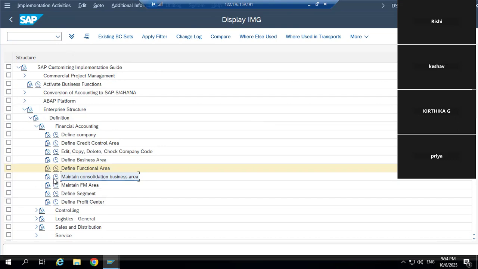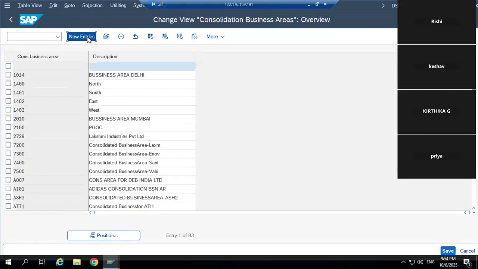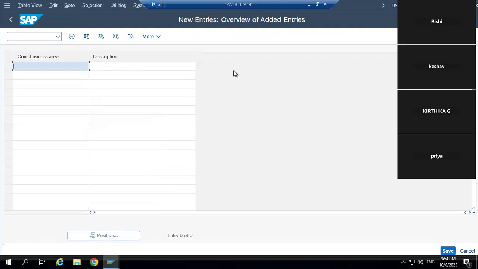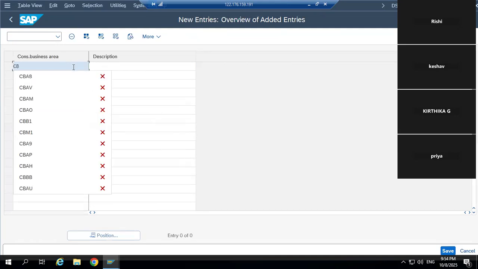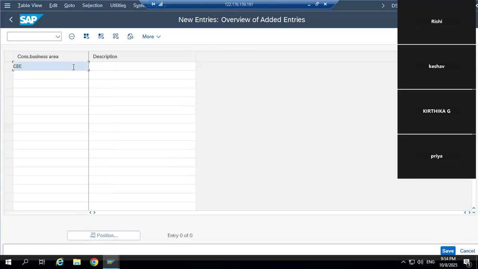Double click on it. And it is only one. Okay. Consolidation business area is only one. So you can give any code, same procedure. Consolidation business area for NEW2.